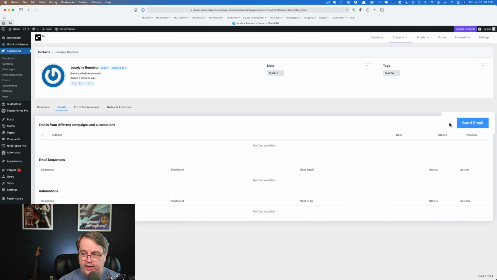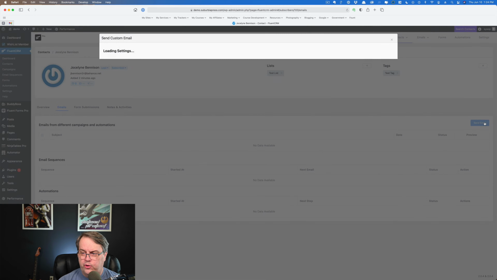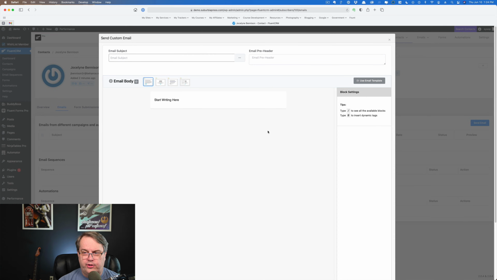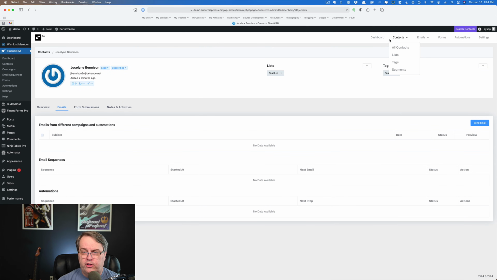Over here where it says send email, it is not available on the free version. So imagine that you're updating your contact and you say, I need to send them an email. With the Pro version, you can just go ahead and click on this, and then you've got your interface here to go ahead and send off an email. Maybe you were just talking to them, you said you're going to follow up. It's an easy way to get to them and shoot off an email to talk about what you just discussed